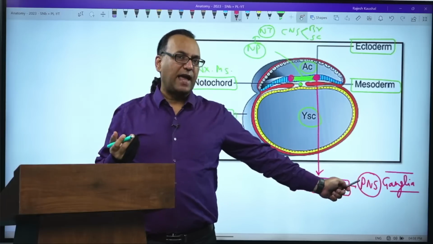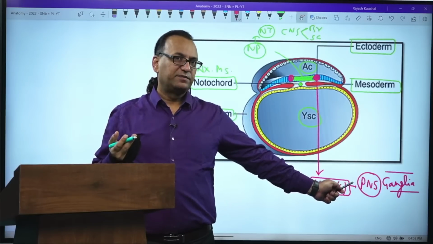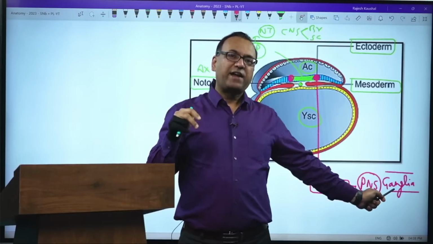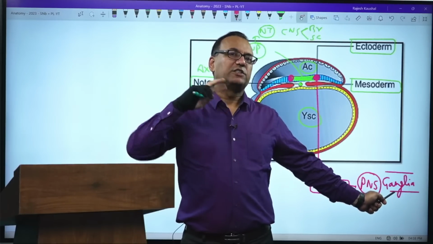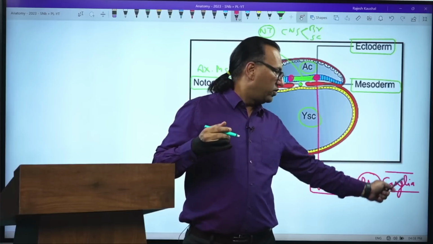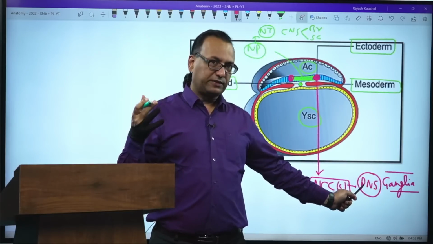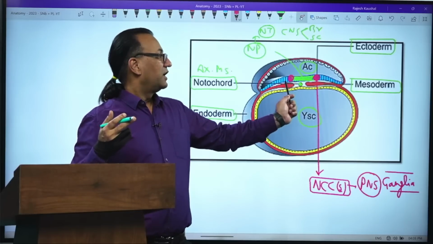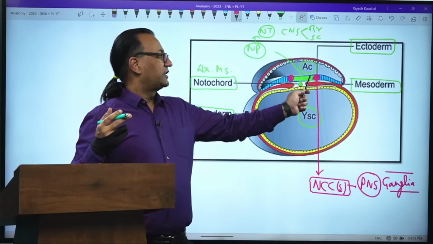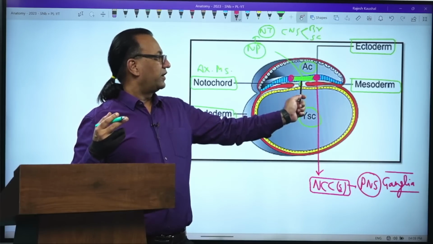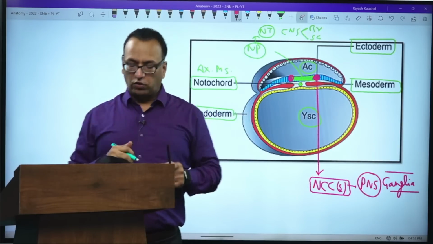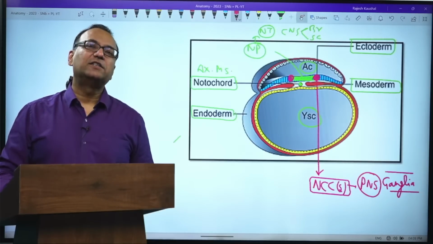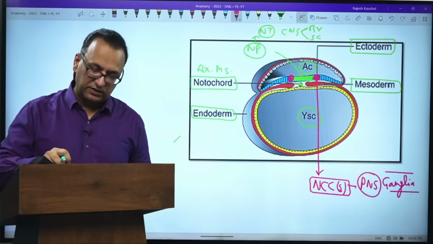Maybe it is sympathetic ganglia, parasympathetic ganglia, or the dorsal root ganglia, mesenteric ganglia, Auerbach's plexus, Meissner plexus. Most of the ganglia in the peripheral nervous system would come from neural crest cells, which itself would come from epiblast. So this is the description which we are going to proceed further with. We want to talk about neural crest cell derivatives and their problems, sometimes like if there is a problem with